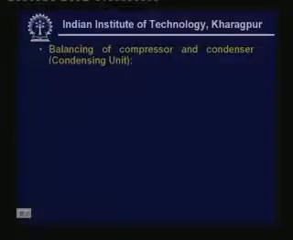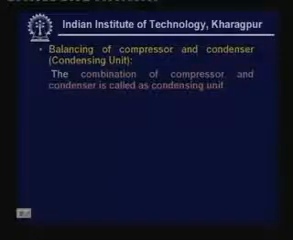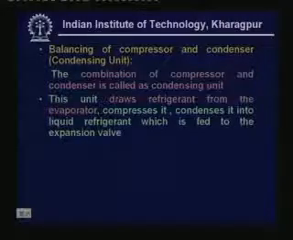Now let us do the balancing of components. First, let us do the balancing of compressor and condenser. This is known as a condensing unit. The combination of compressor and condenser is called a condensing unit. This unit draws refrigerant from the evaporator, compresses it, condenses it into liquid refrigerant, which is then fed to the